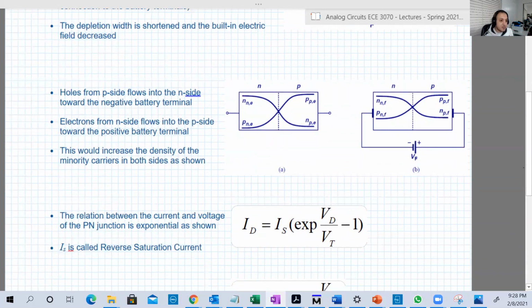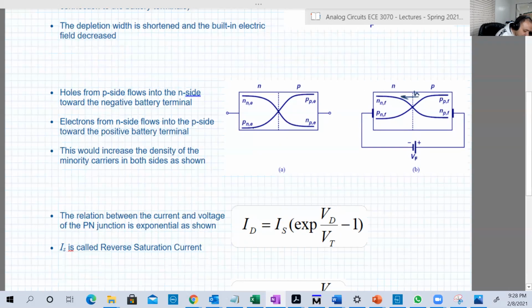What else will this forward bias do? It will increase the minority carrier concentration on both sides. Why? Because the holes are moving, since we put this external voltage opposite to the built-in voltage. Holes will be moving from P to N in that way, and they are positive, so some of them will add up to the concentration in the